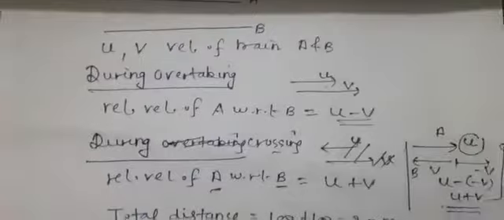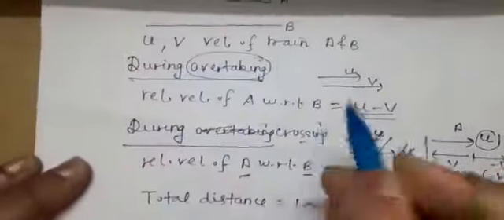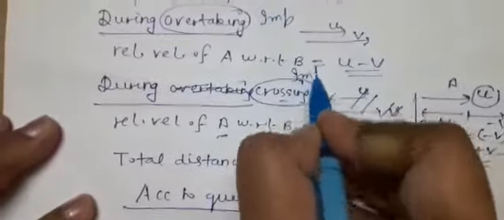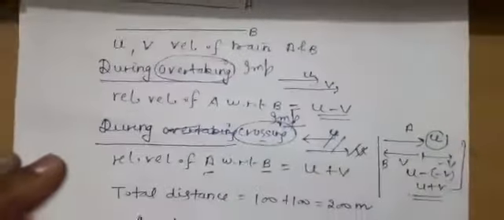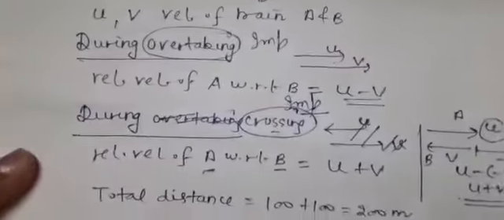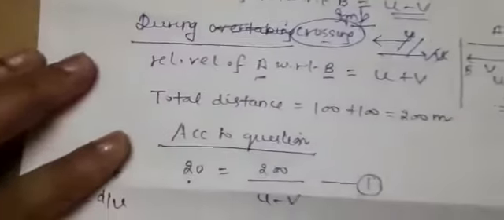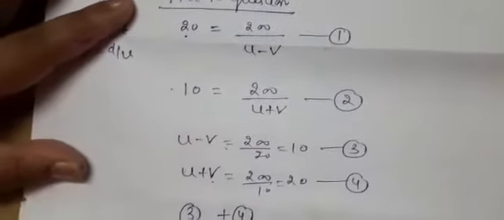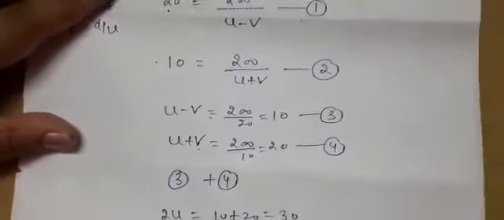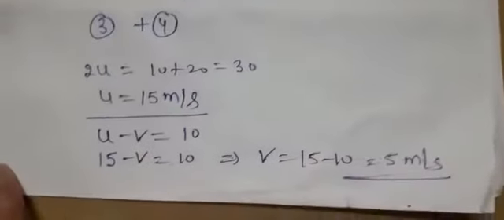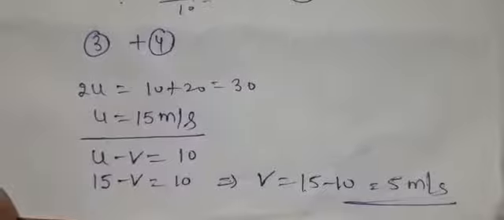So you can see in this statement the basic concept is of overtaking and crossing. So these are two keywords. Listen, when you have to solve the numerical, you are simply taking the key points as per the question. So the key points are crossing and overtaking. This is giving you the concept, what will be the formula for relative velocity.